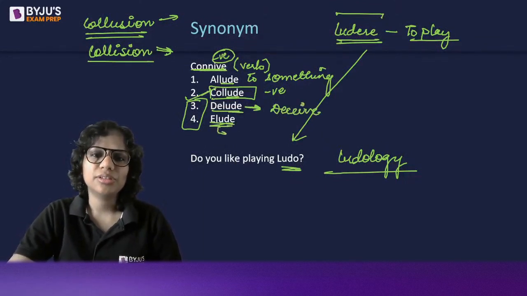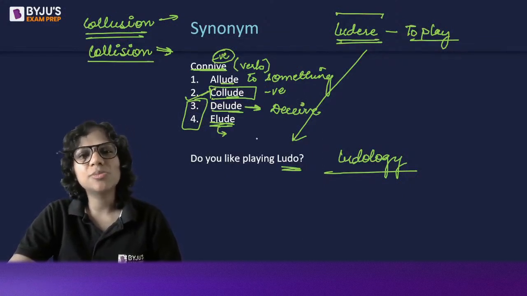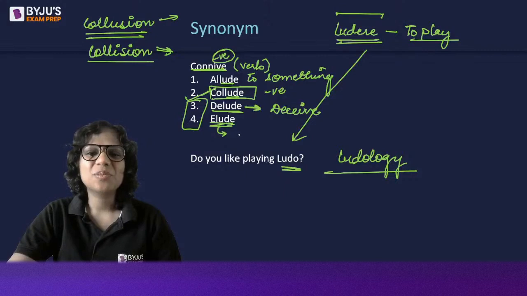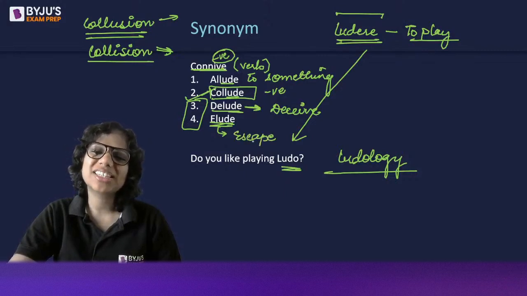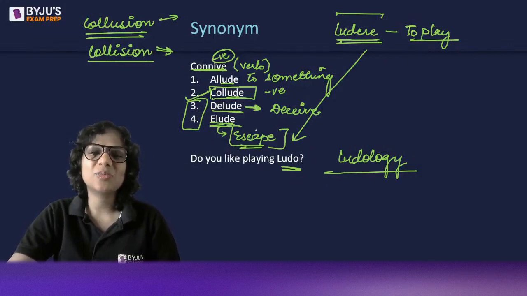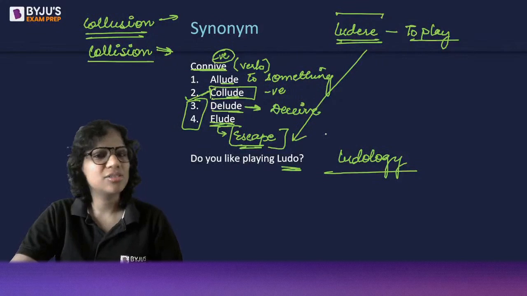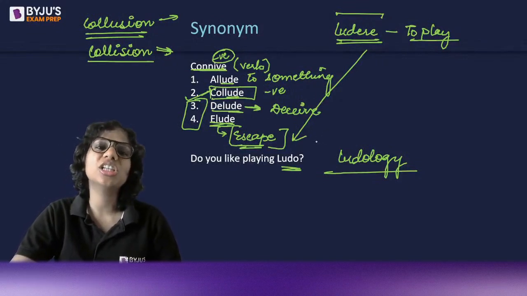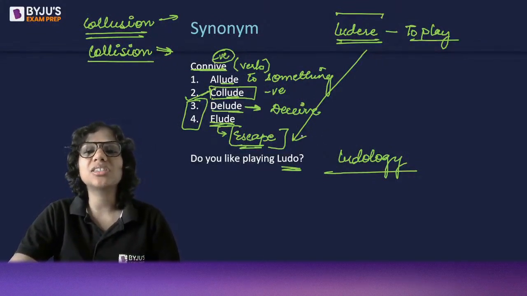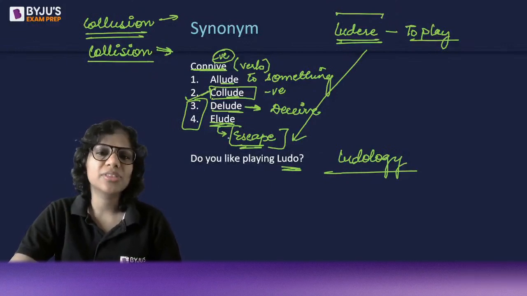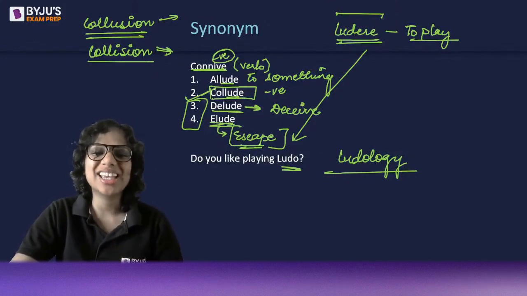Elude. When, let's say, I say, you know what, peace eludes me these days. That means peace escapes me these days. So elude is when something escapes you. It's like it's playing hide and seek with you, right? It escapes you. So that is to elude. I could also say that the criminal eluded the police. So I can also use it in a literal sense. The criminal eluded the police. If I said peace eludes me these days, then I'm using it in a poetic sense, right?